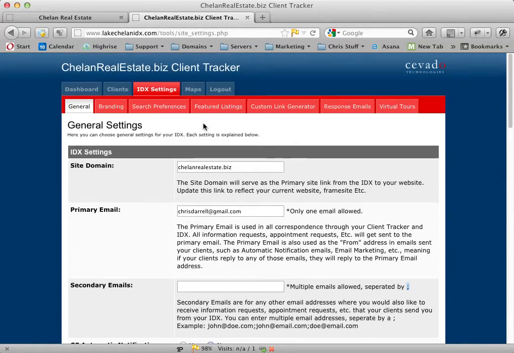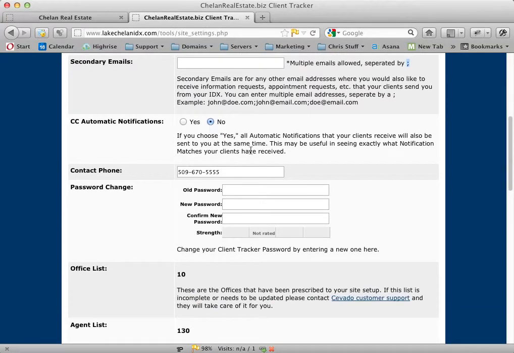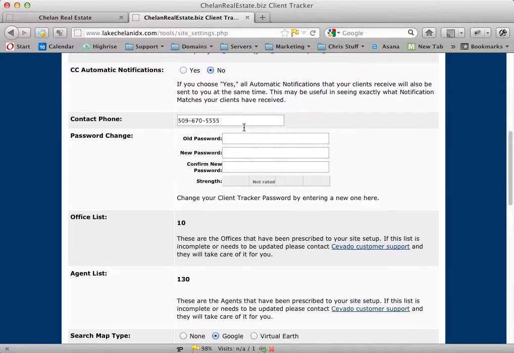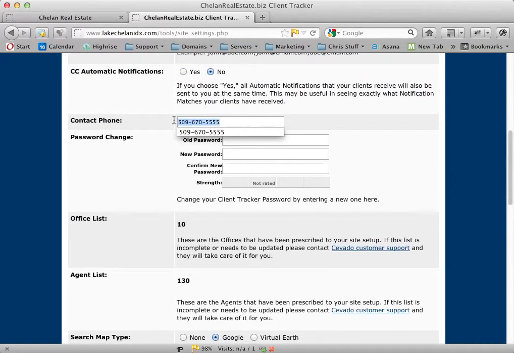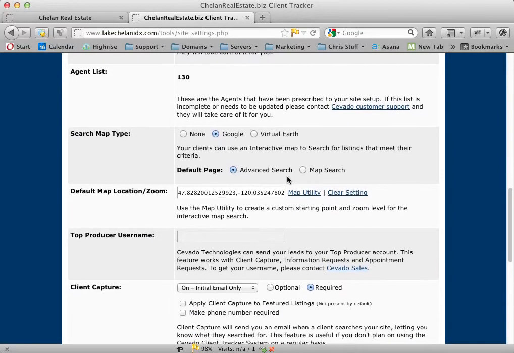Because remember, you can always come in here to the Clients tab and look and see what they've been getting. So typically I'll start off with a no there, otherwise you might be getting too many emails. But know that either way you can come back and change it. Put in your phone number there. Here you can change the password for logging into the control panel here. Now, these numbers correspond to your MLS office number and your agent number. Those are things that we would have to change internally,